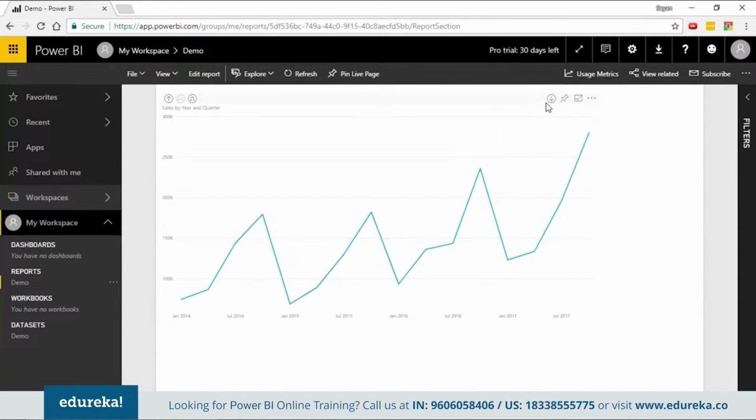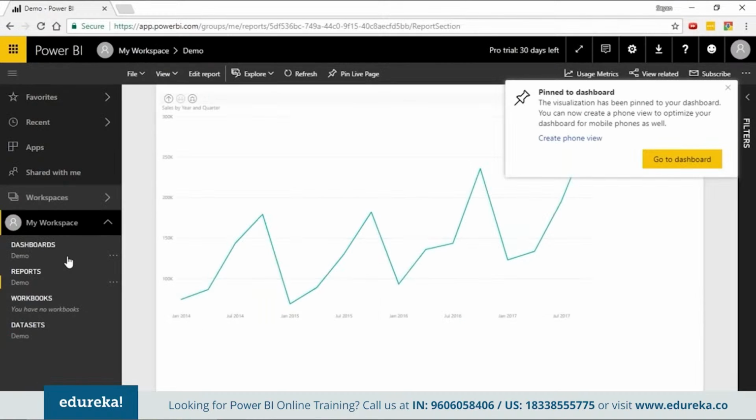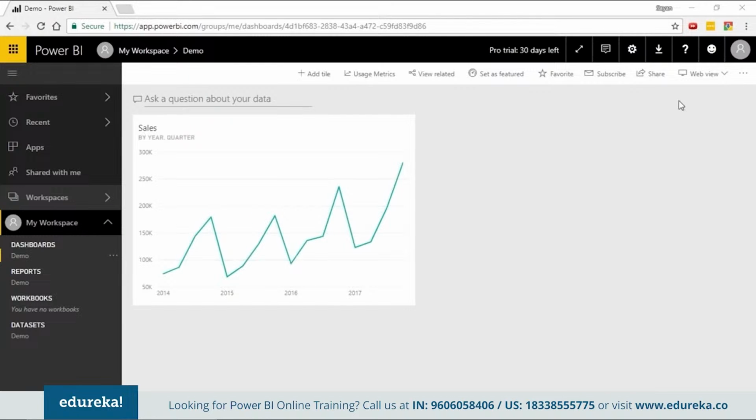Okay, so from here, I can further create what I call dashboards. And then I can go to my dashboard and say, share my dashboard. I can go to share. And then I'll mention with whom I want to share my dashboard and give the email IDs of all the folks I want to share my dashboards with.